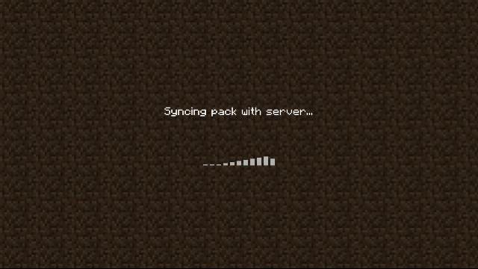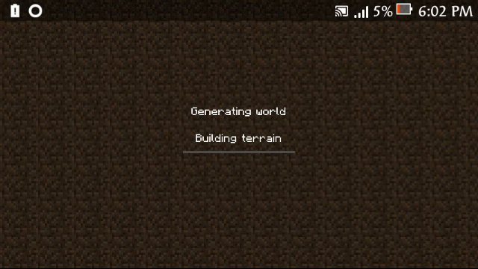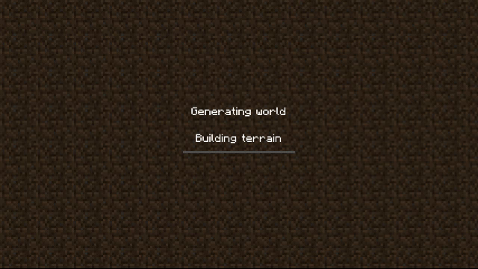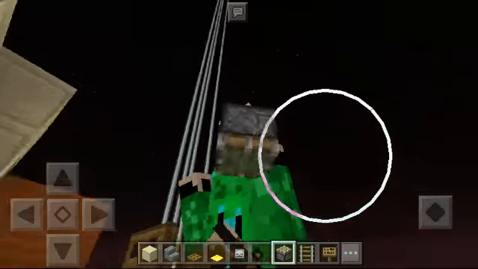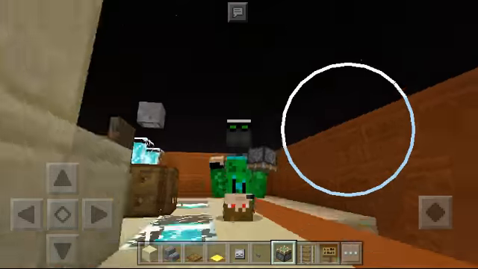Bit lag. See, when you name yourself Grum or Dinnerbone, it will turn like this.